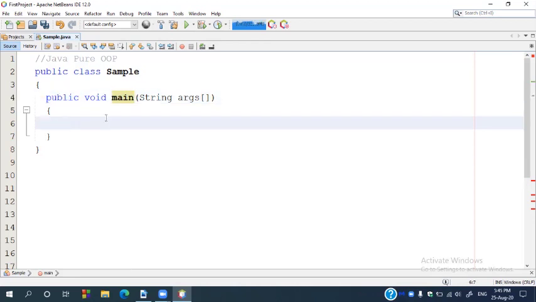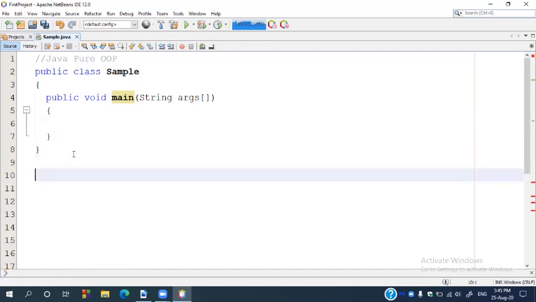The next one is the static keyword. So let's see why we need to use the static keyword. The general principle of any object-oriented programming language is, if you want to access members of a class, whether variables or methods, you have to follow two steps. The first step is you have to create an object.